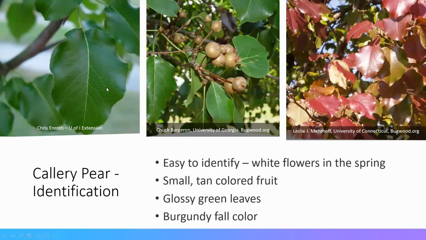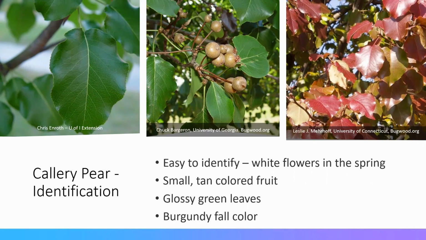Now, in terms of identification, it's a pear tree, which means it's also in the Rosaceae family. The leaves themselves have, I usually describe it as a rose-like appearance. It has serrated edges. These leaves are very glossy, high gloss, and they have not necessarily thorns, but sharp spurs on the branches that I see with a lot of escaped Callery pears. Now, I say easy to identify, and that's usually only with those white flowers in the spring.